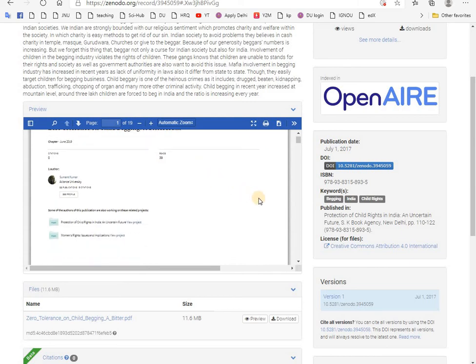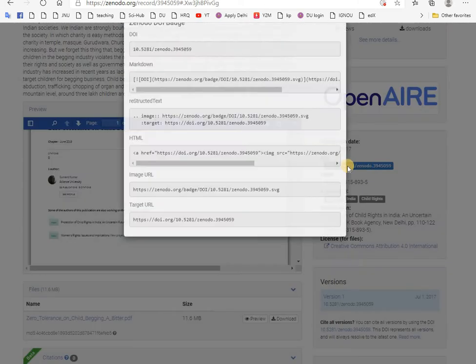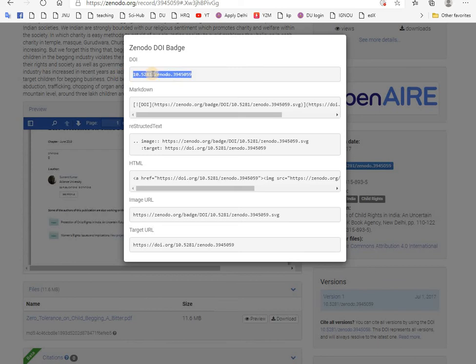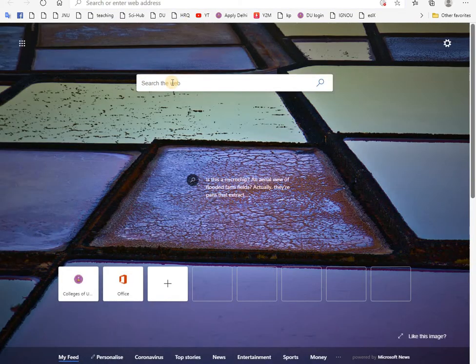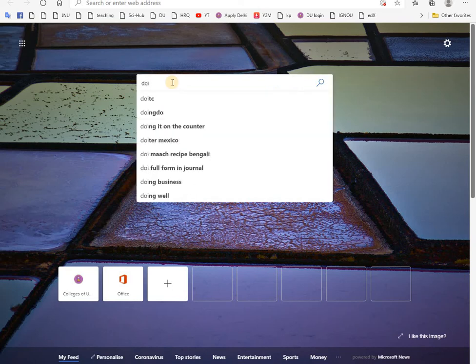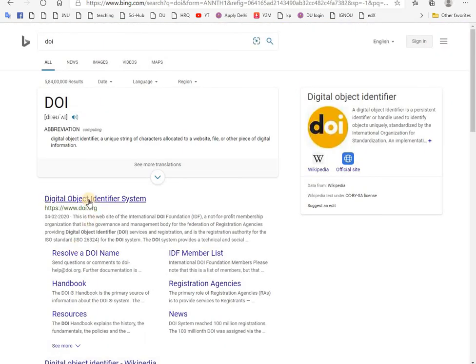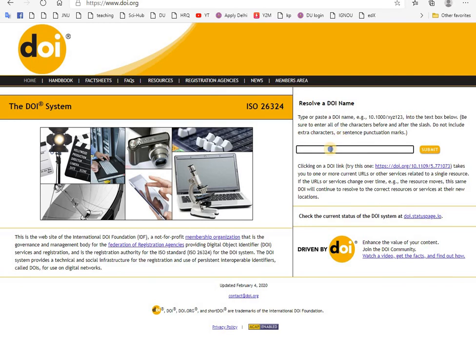Now I have to check whether this DOI is valid for my article. So I'm going to open and see this. I'm going to access and copy it, and there is a site, doi.org, you know, and through this I'm going to check.